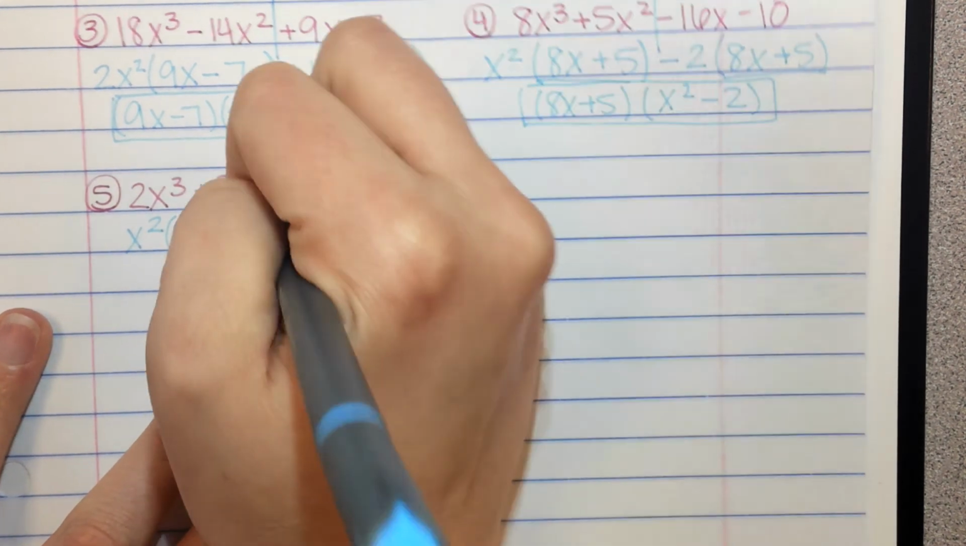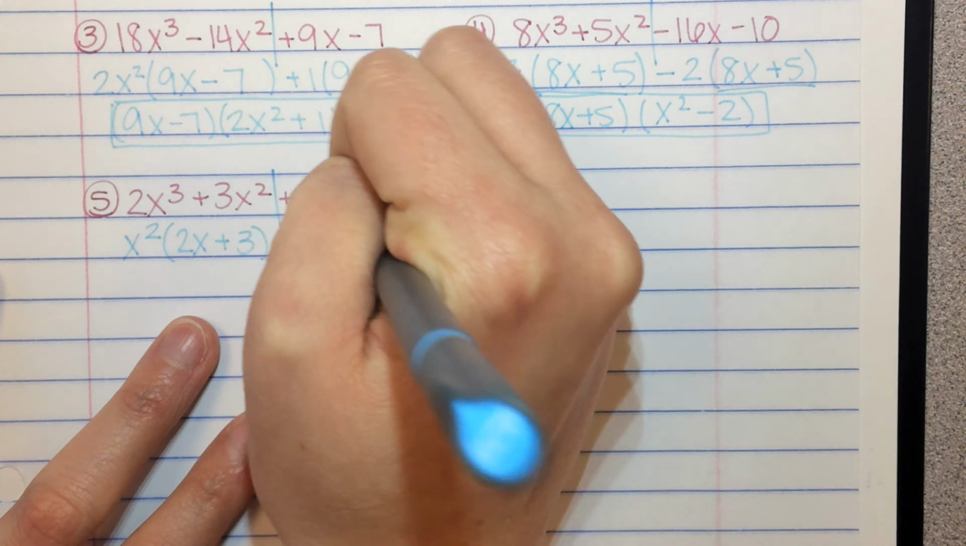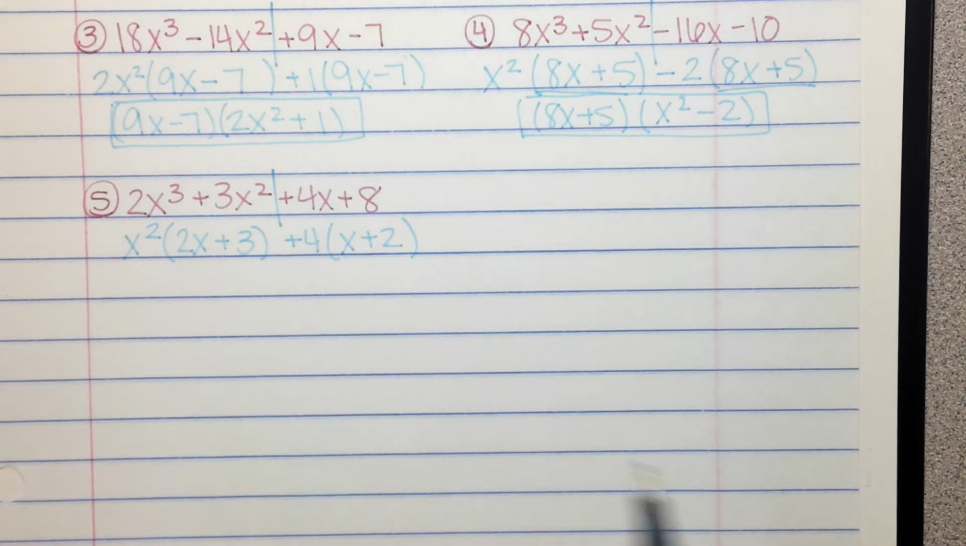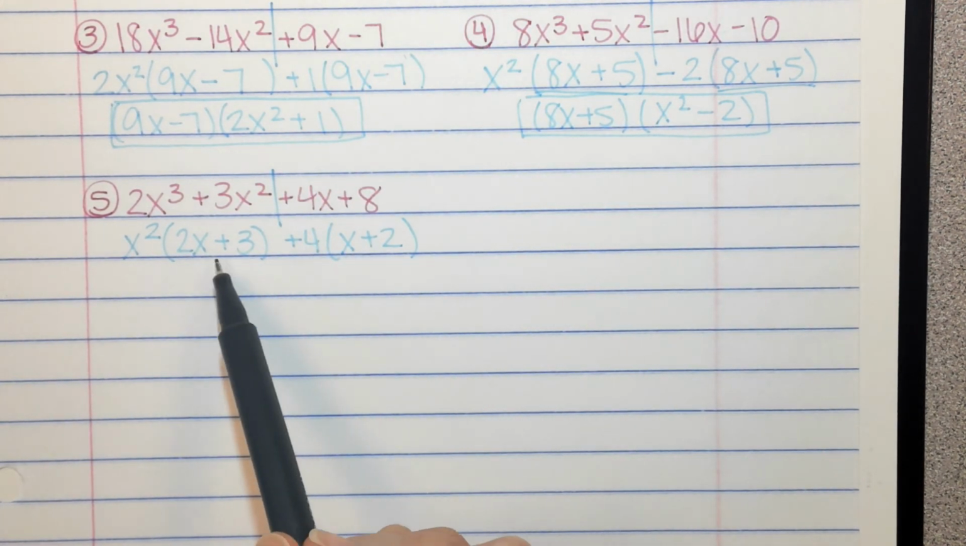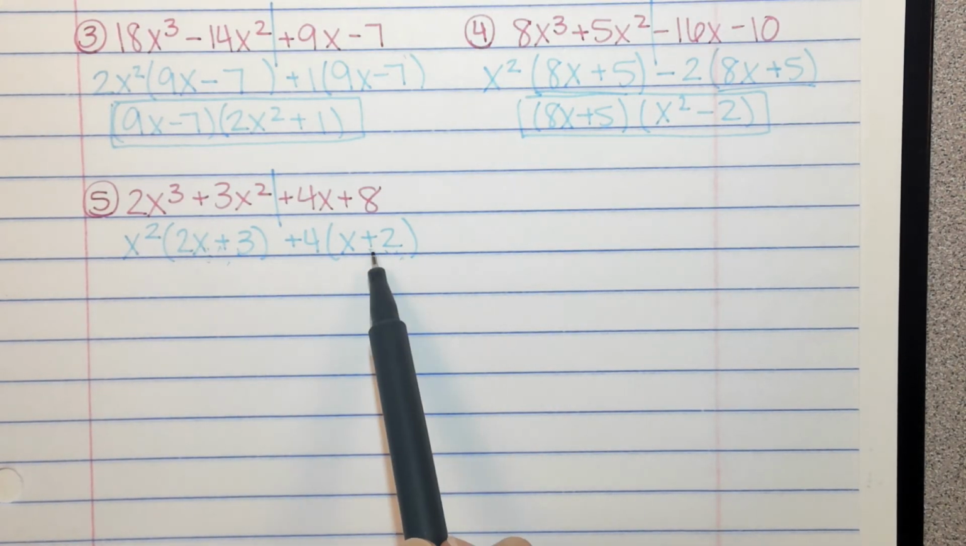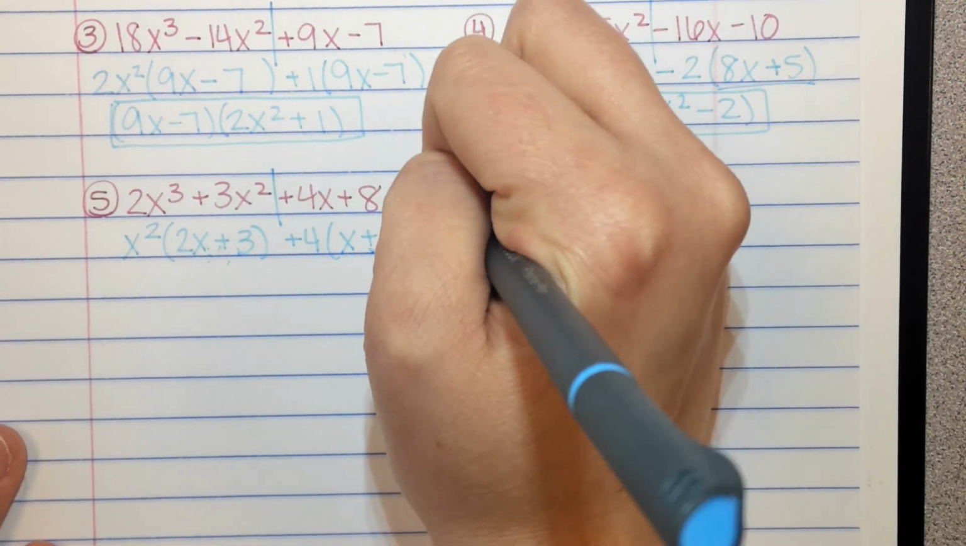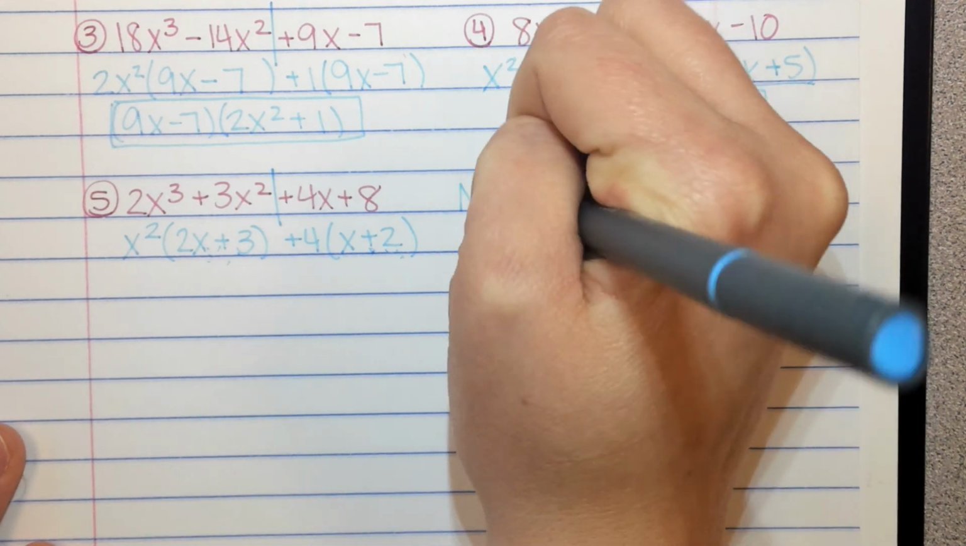So my GCF is 4, so I have positive 4. That gives me x plus 2. What do we notice here? Do we have a GCF? Do those quantities in parentheses match? No. So we would say that this one is not factorable,